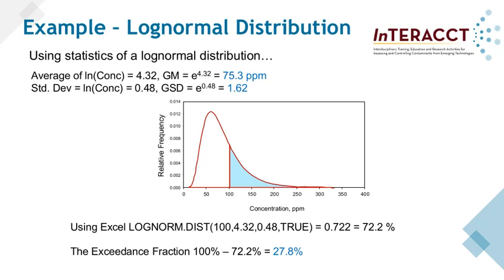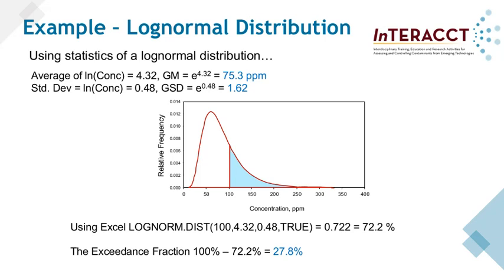The back transformation to calculate the geometric mean in natural units is e to the 4.32, which is equal to 75.3 parts per million. Likewise, the standard deviation of the log values is 0.48, which results in a GSD of